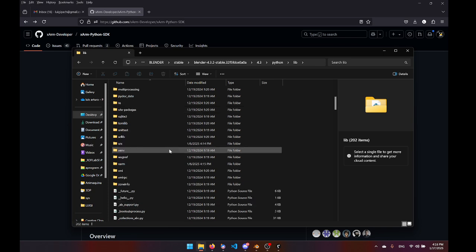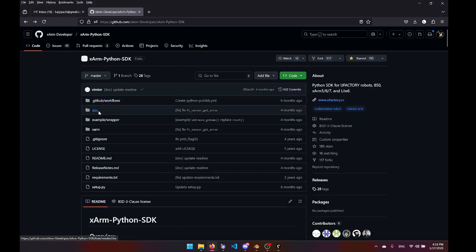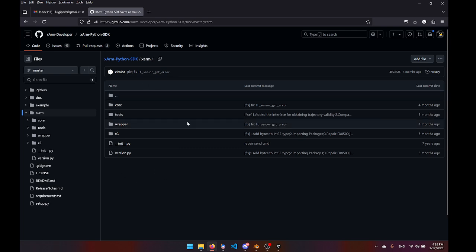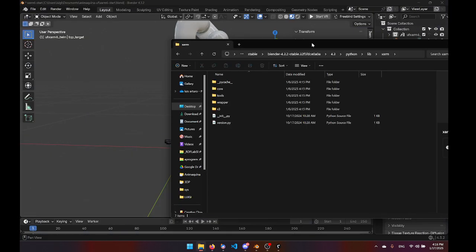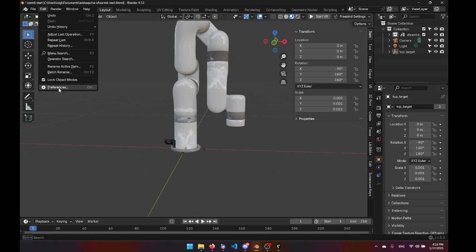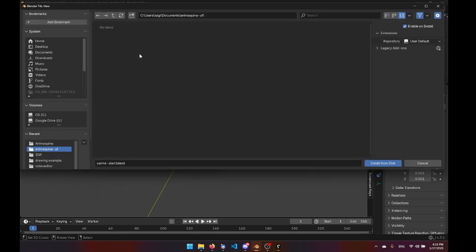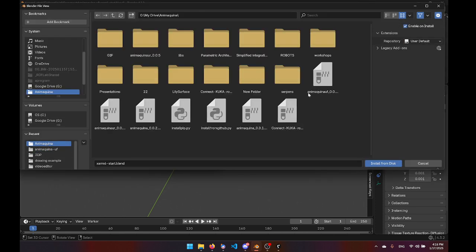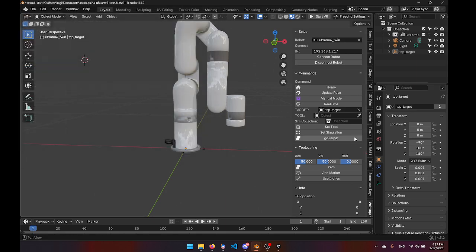As you can see, mine is right here. And if you open this, you'll notice that it's the same thing that you see inside this repository. Once you have done that, you have to restart Blender, Edit, Preferences, Add-ons. We're gonna go into Install from Disk, and here you're gonna find the zip that you downloaded for installing the add-on, Animaquina UF 0.08. Double click on it,